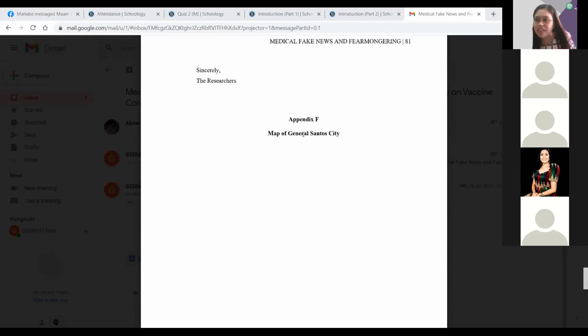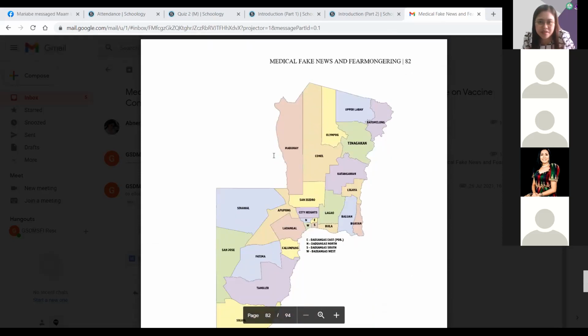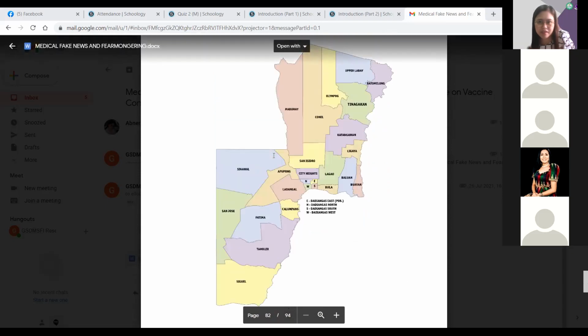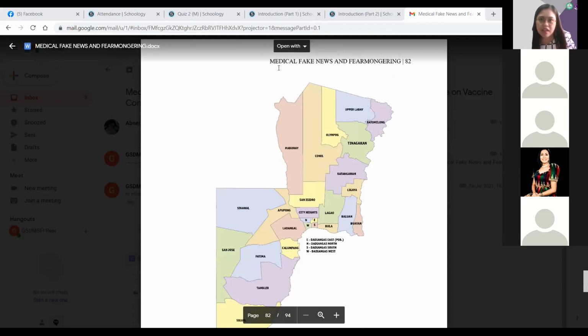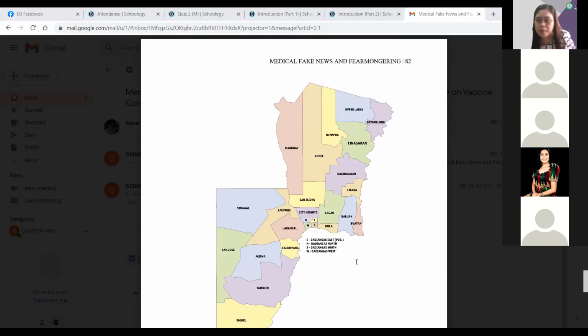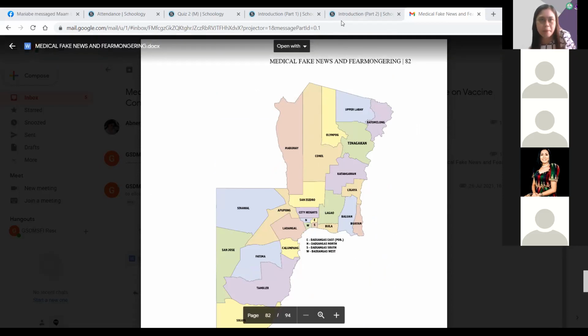This one, map of General Santos City. You have to provide a map of your research locale, but you have to place that in the appendices. So just like this one, this is the map of General Santos City. If you're going to conduct your studies sa doctors, you have to provide a map sa Gensan nga nakapoint mismo kung asa dapit si GSDMSFI. That's the second part of the research methodology class. So I think dira ako mag-end sa